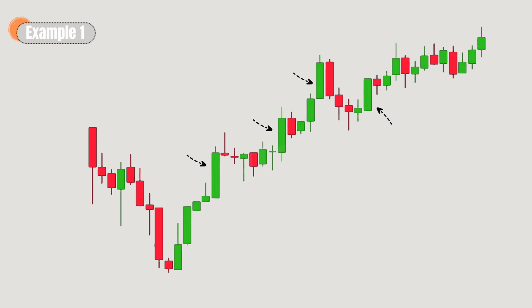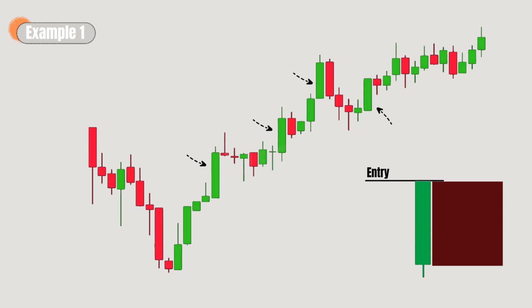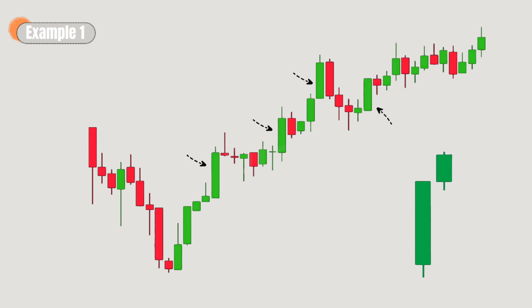If you enter a trade immediately after a Marubozu candle, especially a large momentum candle with a big body, your stop loss may need to be larger than usual. Placing a stop loss too close to the entry point can expose you to minor market fluctuations, which might trigger the stop loss prematurely. To minimize your stop loss, consider entering after the close of the next candle following the